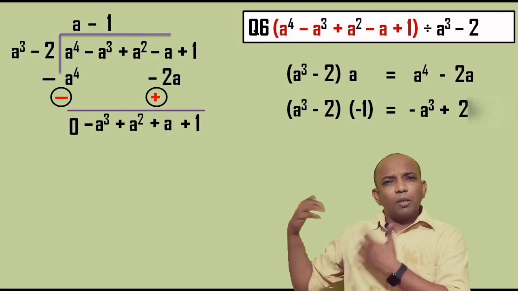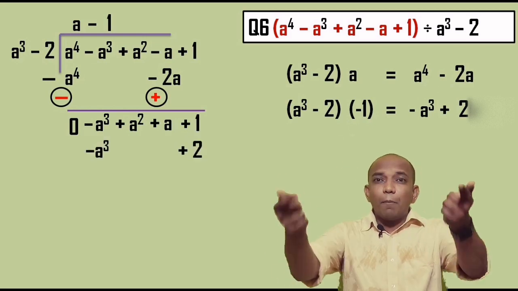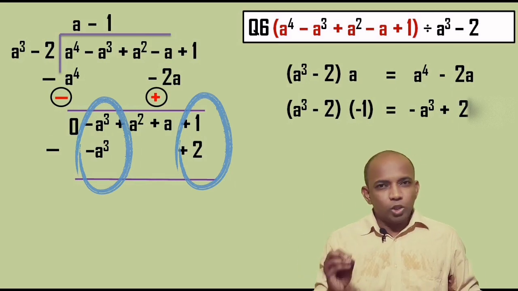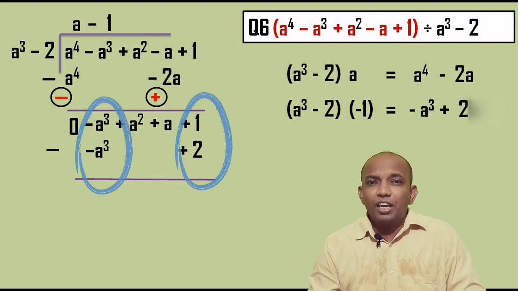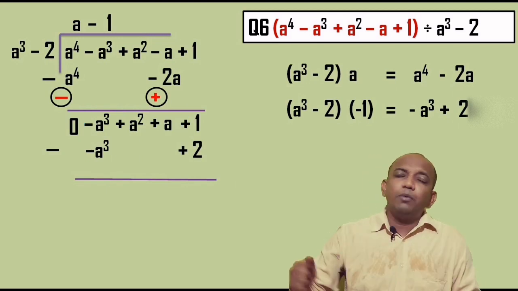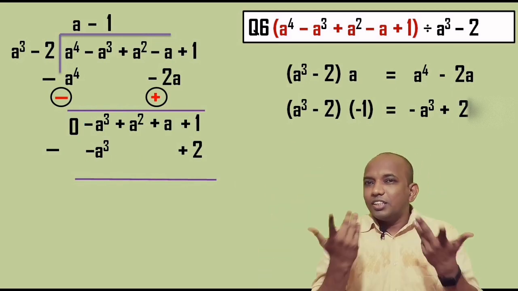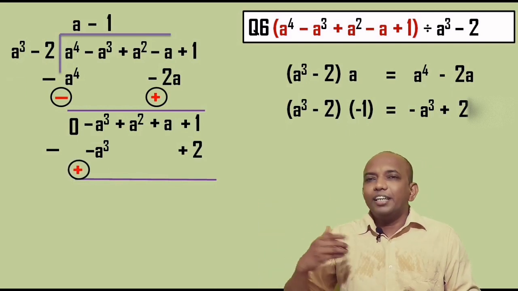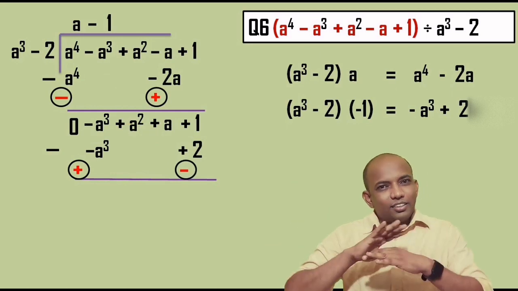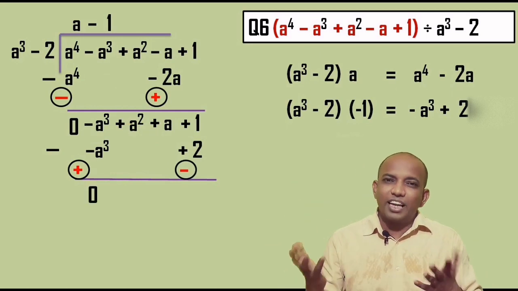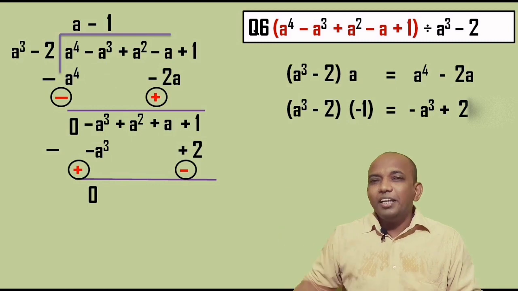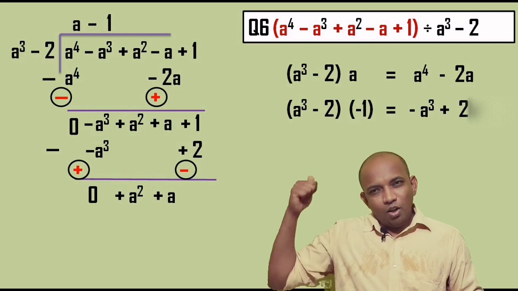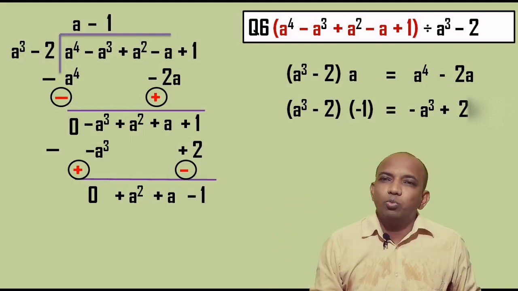Again these two terms will go in the subtraction form. Write like terms below one another. So a cube below a cube, and being constant, 2 is the constant because it does not have any variable presently over here. So what we are going to do? Write it below 1, right? Change of sign, a cube will be in positive afterwards and 2 will get negative sign. As a result, say bye bye to a cube because it will cancel out each other, and then remaining terms are a square plus a, and the answer of that subtraction plus 1 negative 2 is minus 1.